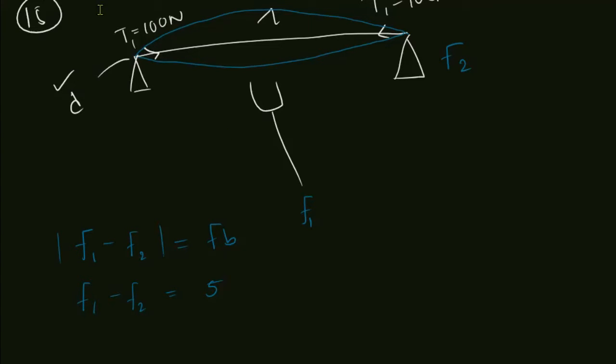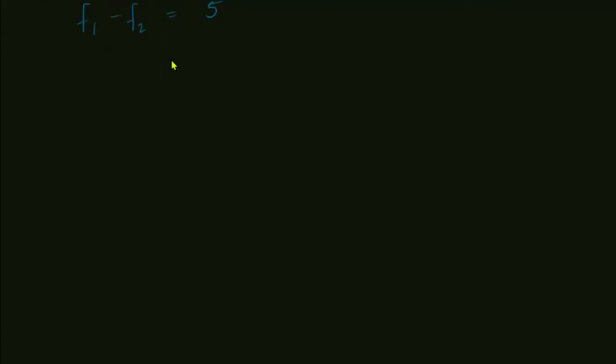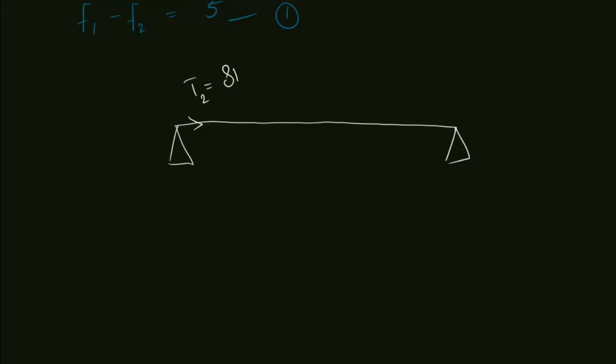Fine. Next, what happens? Now this is one equation. Next, they are saying that for the same wire, the tension is reduced to T2, equal to 81 hertz. Sorry, not 81 hertz, 81 newtons. When it is reduced to 81 newtons,